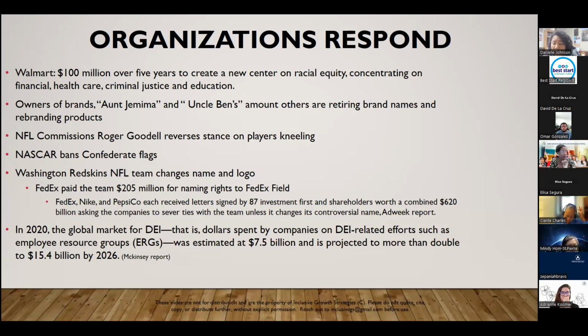In 2020, the global market for DEI, that is, dollars spent by companies around the world on DEI-related efforts, maybe employee resource groups, maybe training, putting people in places like your diversity officers, was estimated at about 7.5 million. It's projected to more than double to 15.4 billion by 2026. So we see companies and organizations pouring dollars into DEI, but we can't necessarily say we're seeing the needle